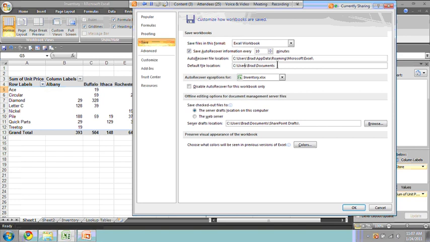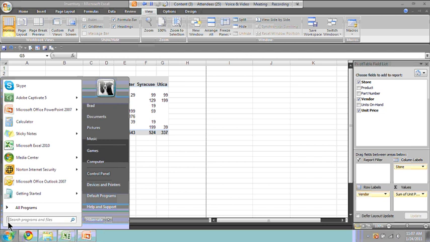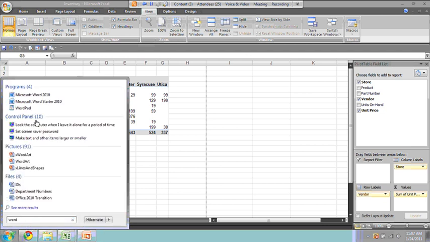So I can go through here and write in the file path, and once I do that, it's going to default to that folder for now and in the future. If you look, there's no Browse button over here, and that's because they actually put it inside of Microsoft Word. So if I open up Word for just a second,